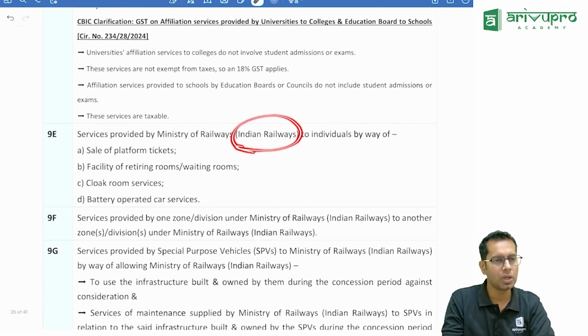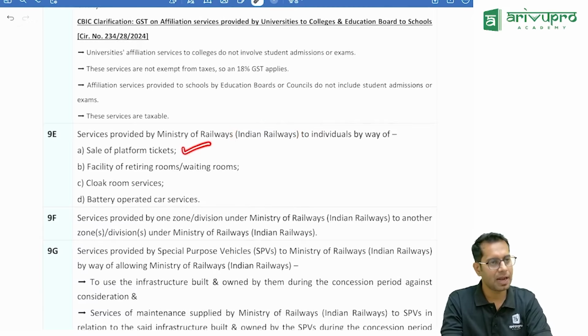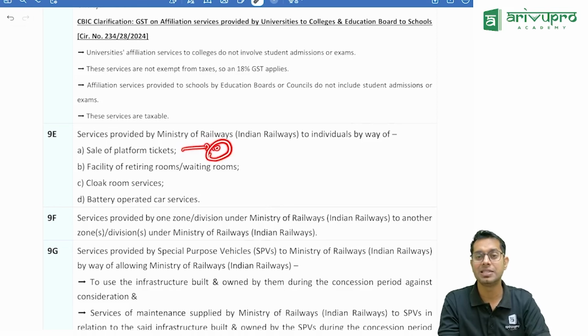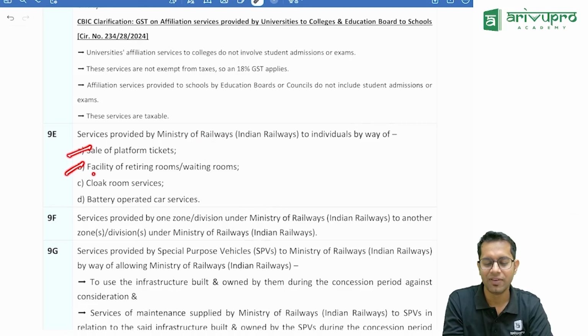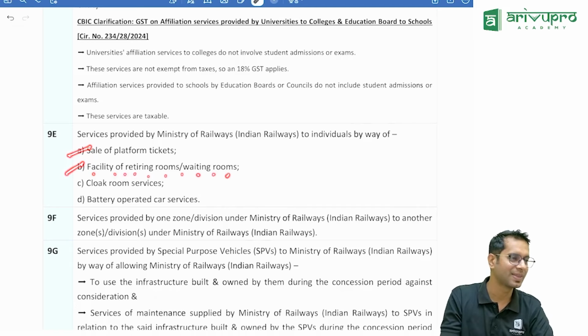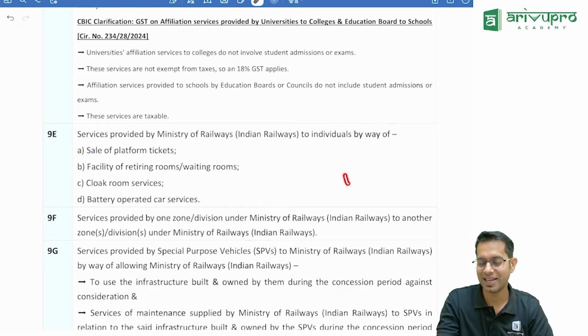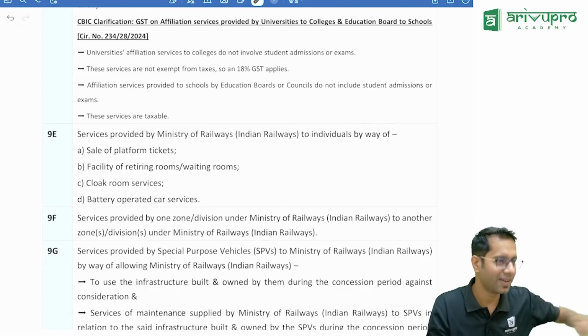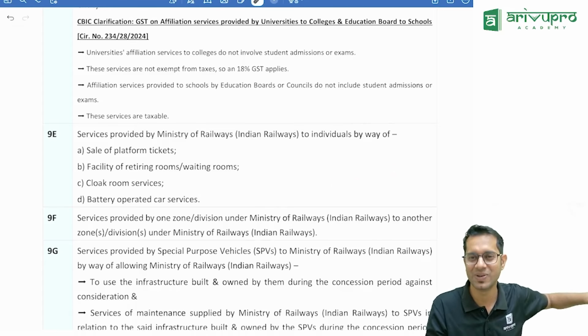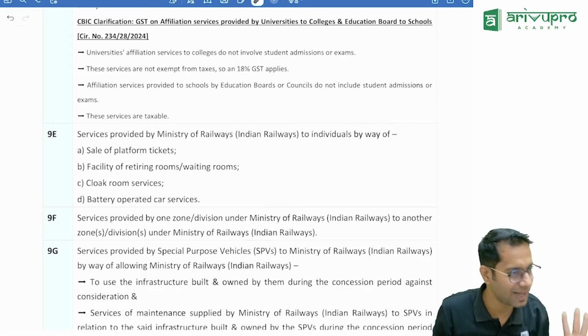Now, if you go to a railway station, you are supposed to purchase a platform ticket. If you are just roaming around over there, okay, 10 rupees you will have to pay for that. On that GST is not applicable. Say today you will become a coolie for one day. Facility of retiring room or waiting room. Some people do that. They know that exam is there in December. Okay, December month exam is there. Now once they will just go, okay, one time we will go and check how it works. Coolie people, how they are working. One day they will spend time over there.